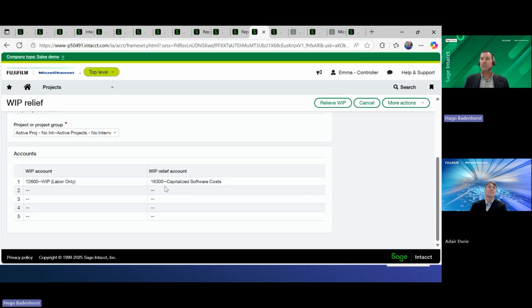So those types of things we call WIP relief, and it automates the process so you don't have to move the entire project costs to a different area in the application. It is automated, and then we can trigger off, if it's an asset, capitalize the asset. If it's inventory, put it into stock, and we can start utilizing that aspect of the project. So a few things that we utilize within the application to showcase projects, attribute cost, revenue, everything to that particular project code that we'll use for reporting and additional functions that we drive from there as well.